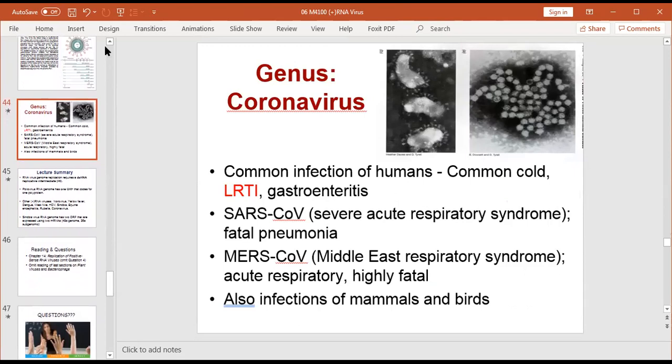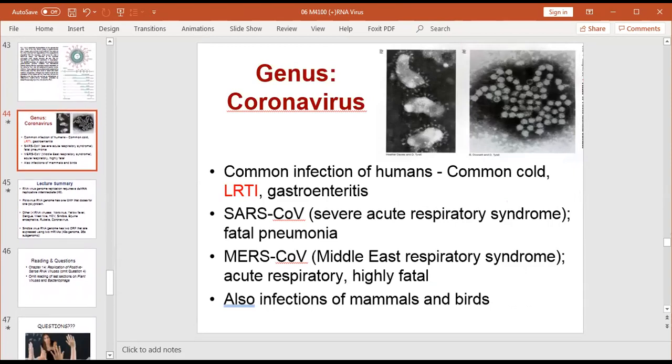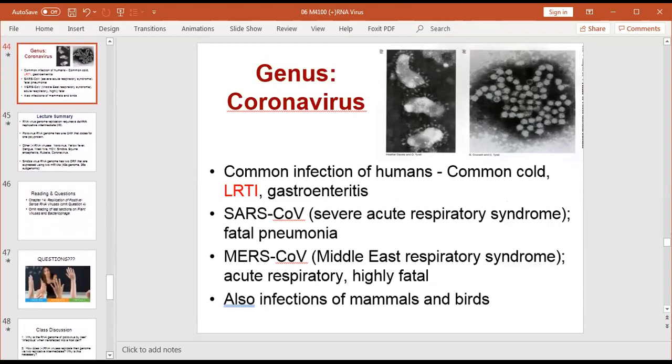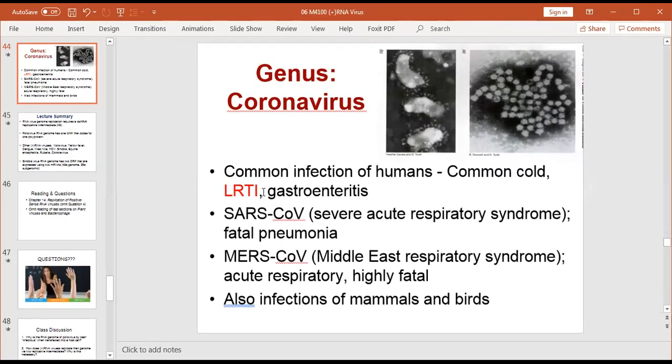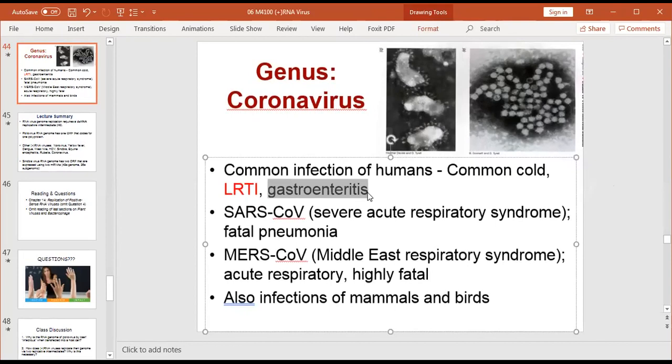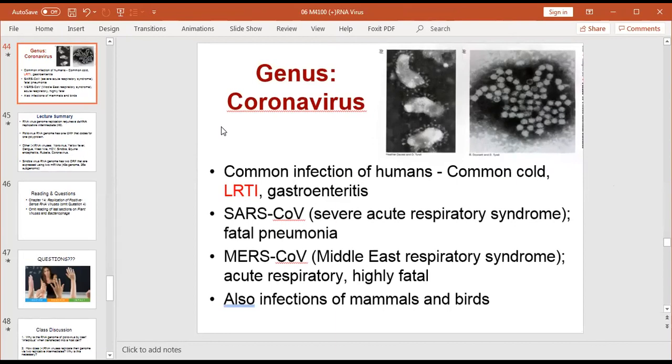44, a genus within the family Coronaviridae is coronavirus. Coronavirus causes common infections of humans. The infections look like the common cold. They have symptoms similar to the common cold, gastroenteritis or GI infections, and lower respiratory tract infections of the lungs. Because of the pandemics and the widespread